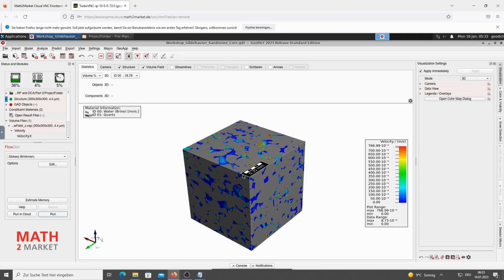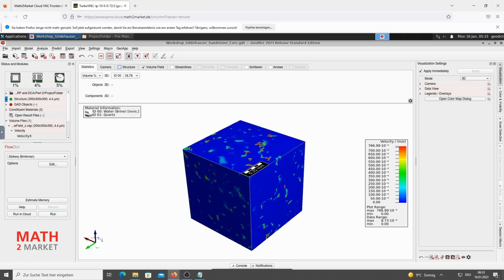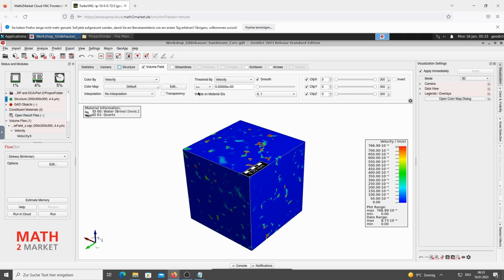So, to make a nice visualization, we first disable the structure. Then we go to the Volume Field tab and disable the flow visualization in the solid or in the quartz space. To do this, we uncheck this checkbox.